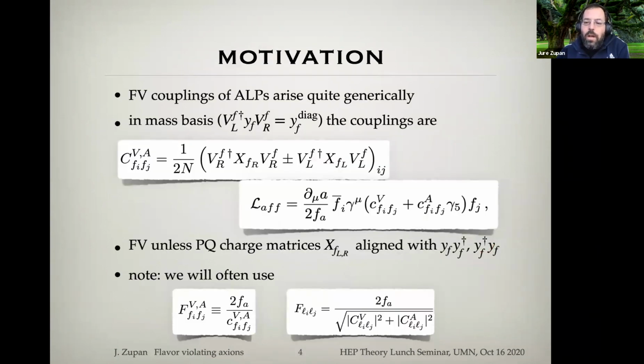All right, so to just say this once again. We'll be looking at the couplings to fermions, so leptons and quarks, of an ALP, a PNGB. And generically, you will have flavor violating coupling. So if this global symmetry